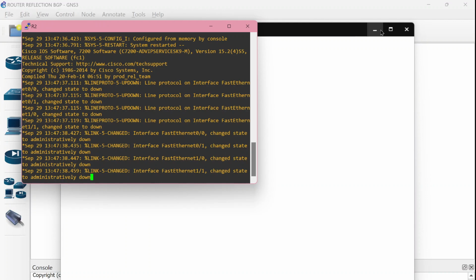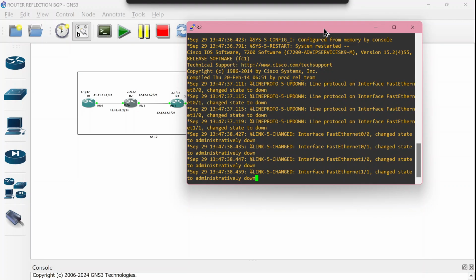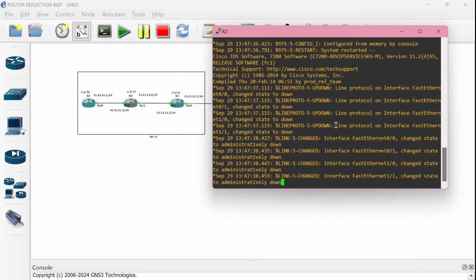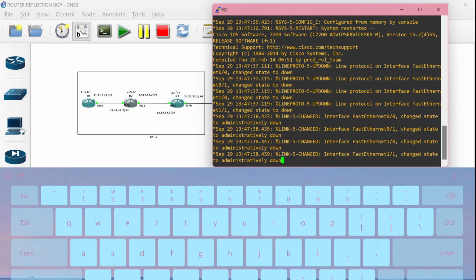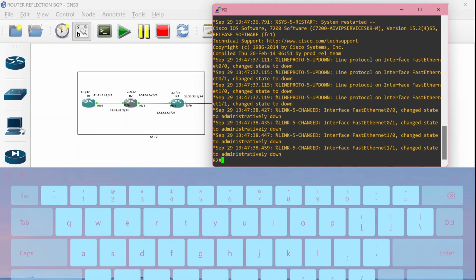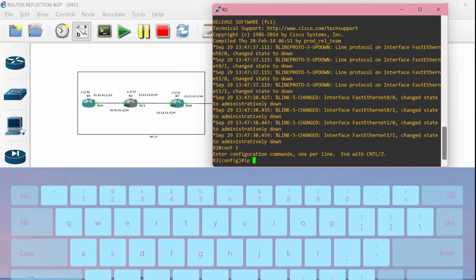Click the router, and we can make the same configuration as router number 1, but this is router number 2. The configuration is the same as router number 1, but there's a difference because there are 2 ports: one connects to router number 1.